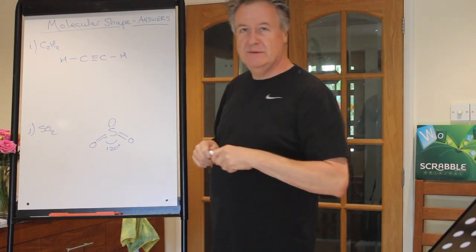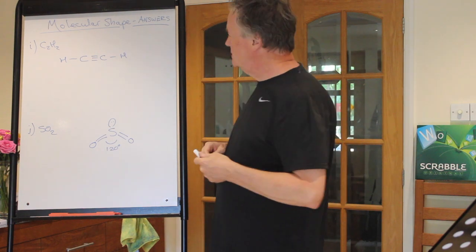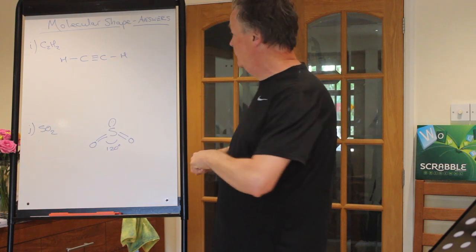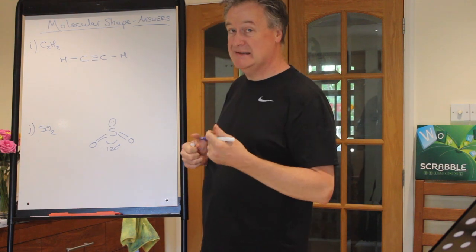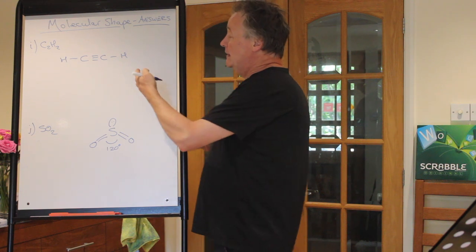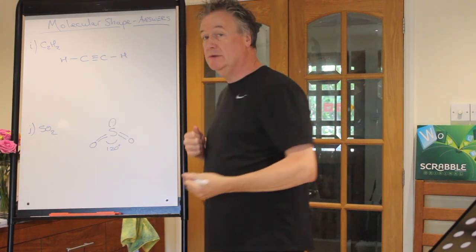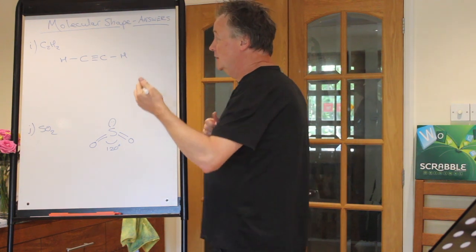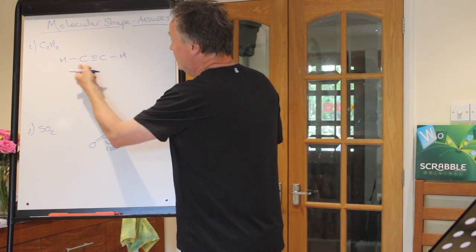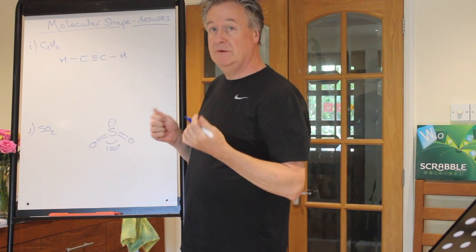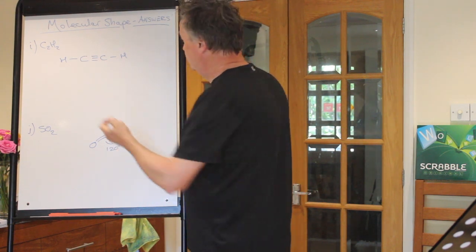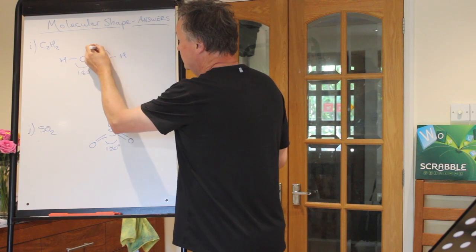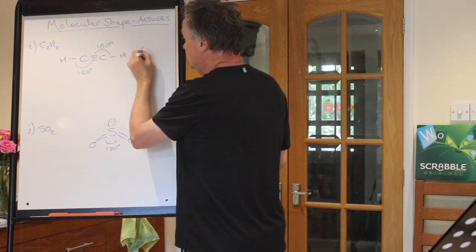So C2H2 may have needed a dot and cross diagram to elucidate the structure of ethine, as it is these days known. Acetylene is as it's known by the people who use it. And it has a triple bond between the carbons in the centre, causes all sorts of things with the molecule to be fantastic. But that means that around that carbon there are only two places you find electrons, so therefore that is 180 degrees, that is 180 degrees,